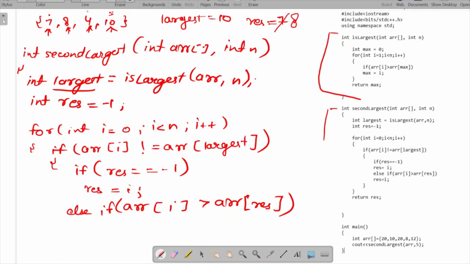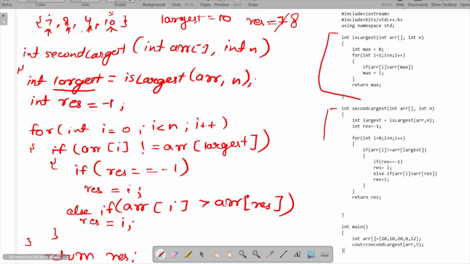Simply when we will traverse further, so let me write the condition first. So result will be updated with I, and that's all for this, and we will simply at the end return result. So let's now traverse further. When we will reach 4, we will check if 4 is not equal to 10. Yes, it is not equal to the largest element.